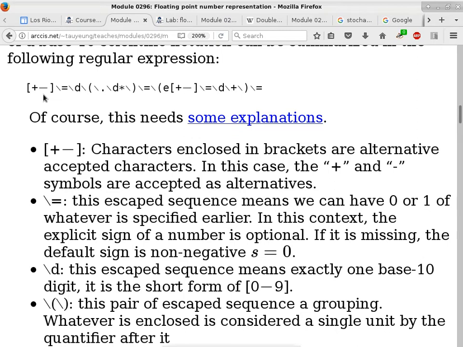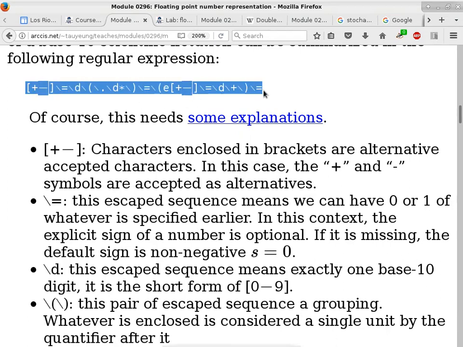Let me highlight which portion is the regular expression. This is the regular expression. Does that by itself, verbatim, look like a number to you? No. What do you think it is describing? The syntax. The syntax, very good. It's describing the syntax of a base 10 scientific notation number. Is that okay? So why do we care about the syntax of something in computer science?